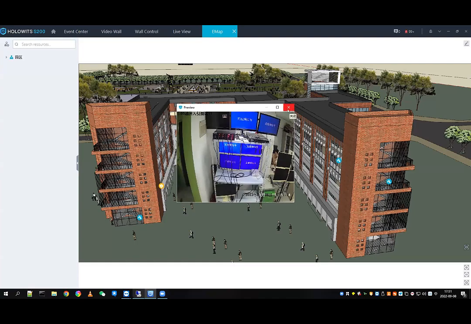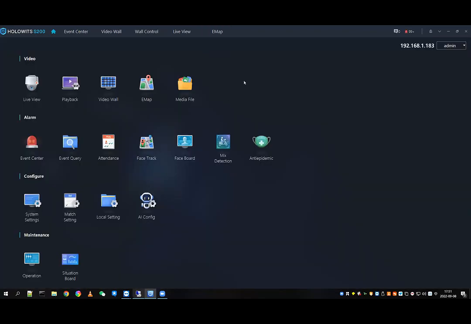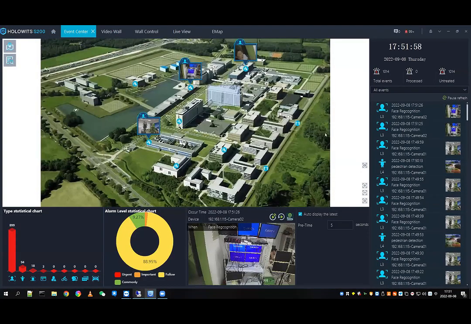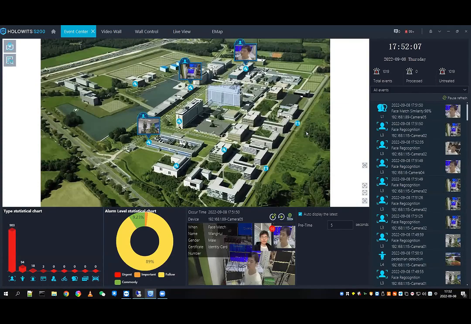Okay, let's continue. Let's come to the next section about the alarm. Firstly, it's very important: the event center. Event center, as I mentioned before, is very important because it's a visualized display of multiple types of alarm